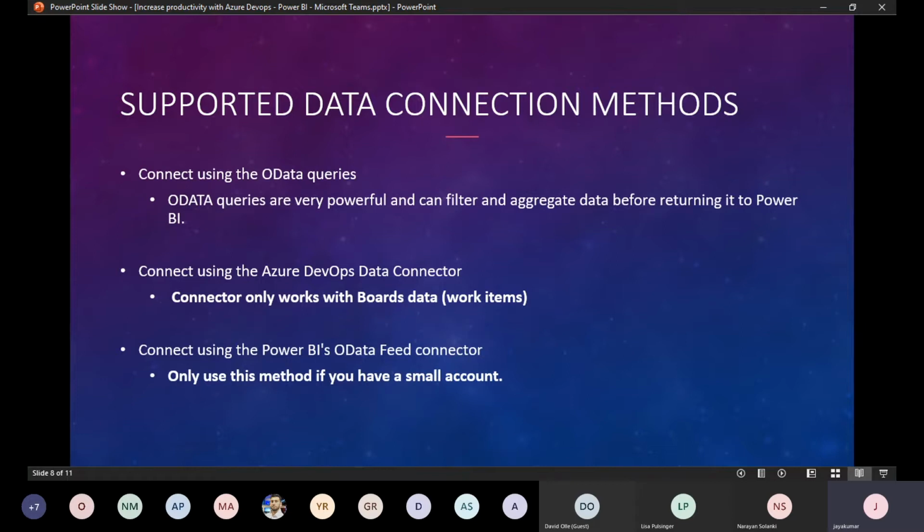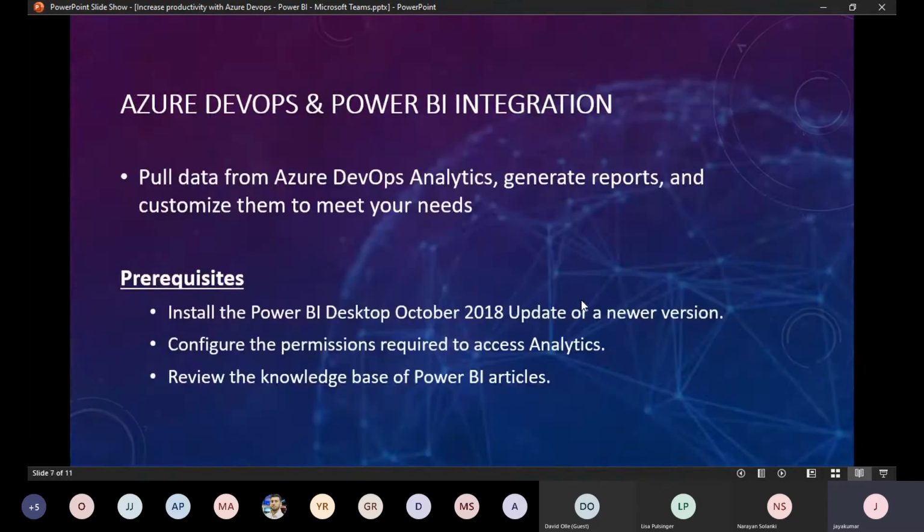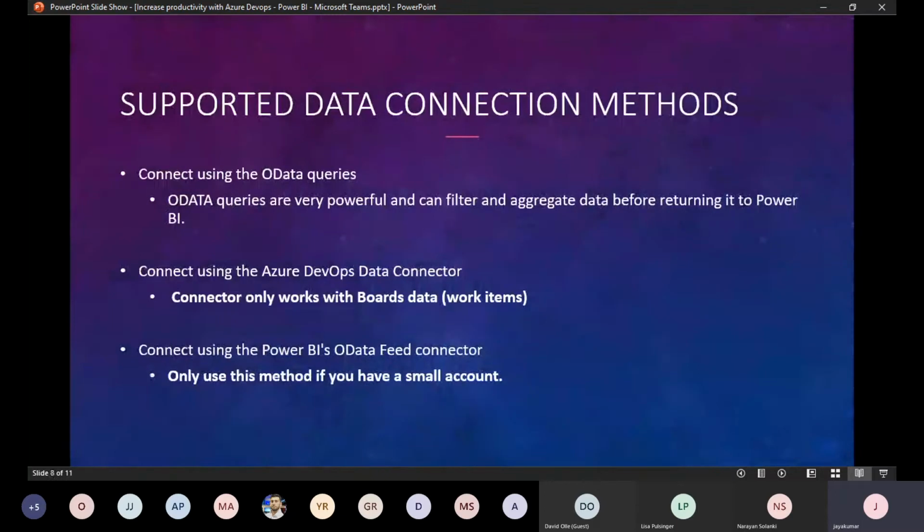So there is an Azure DevOps connector available, and the one thing to note here is that in the Azure DevOps connector, we should be able to pull in only the work items for now, since it's in the preview version. You won't be able to pull in all the data sources of your Azure DevOps into Power BI, but that is also fine. You'll be able to get all the work items: all the tasks or bugs, what their status is, who they are assigned to, and how long they will take to complete. This kind of data is available.